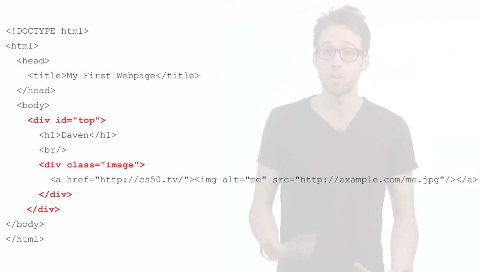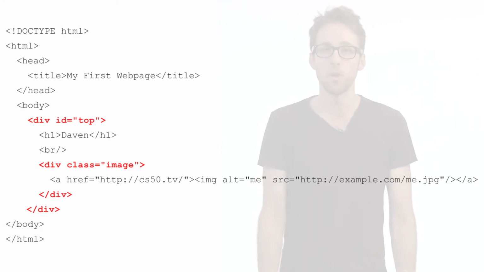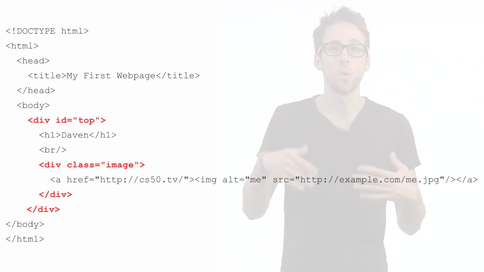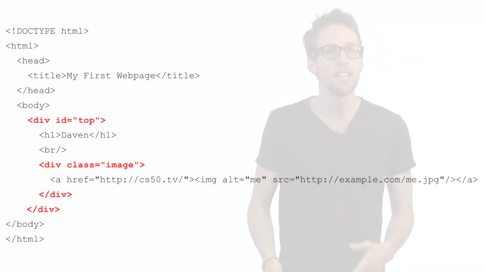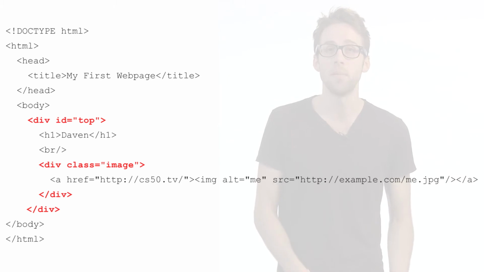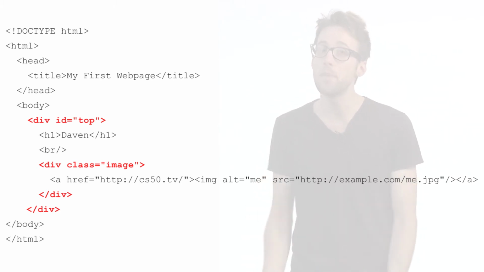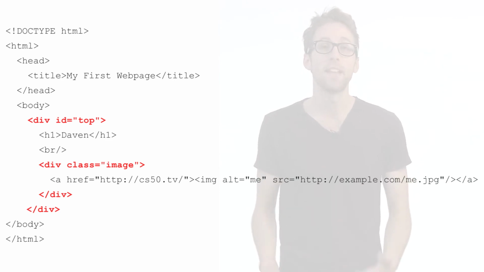I've used the ID attribute inside a division or div tag, and I've used a class attribute inside another div tag. ID and class attributes work similarly. The only difference is you can only have one element with a specific ID, but any number of elements can share a class. So for example, I can use the class image multiple times, but I can't create another division